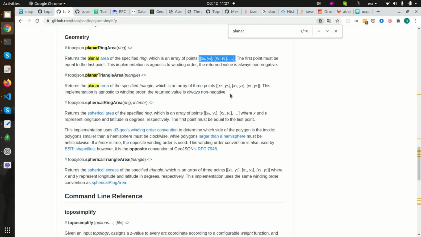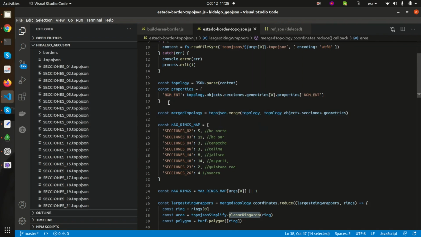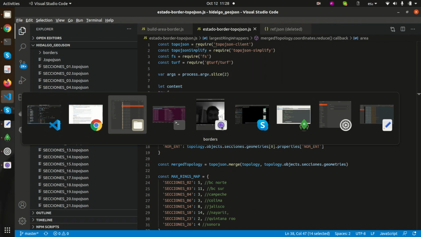And of course it takes more time to calculate than this one. Yeah, I use this one. I come in a loop. I go through all the polygons and basically sort them and then cut them to, let's say, the 7 biggest ones. And then once I get that, I merge them back again as one TopoJSON object. So yep, that's what it's all about. That's the processing that we have